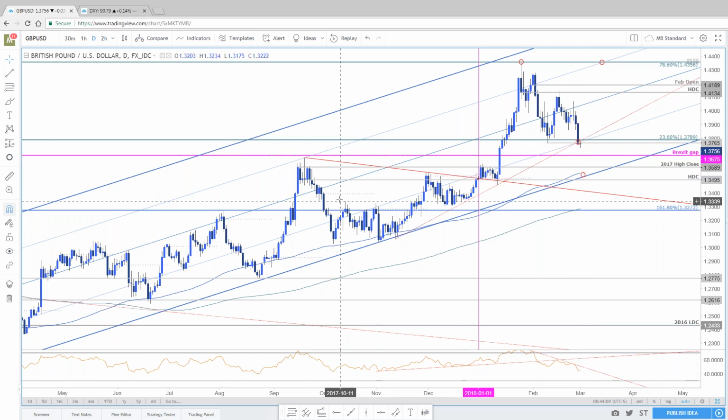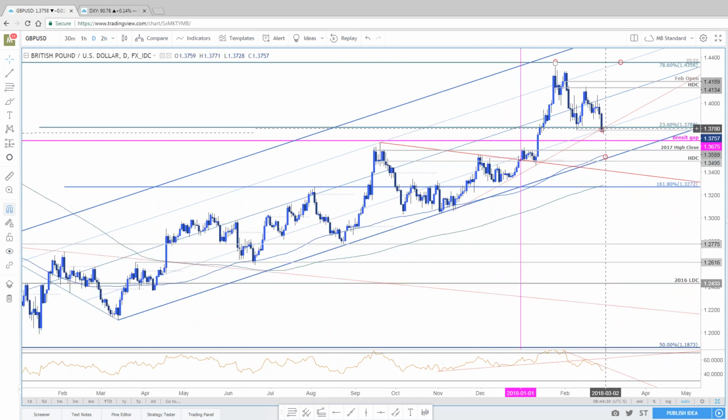Now, if we recover above this region and close today, sure, it's sterling. This thing is known for the throw over, known for the break of resistance and pullback. Could be just a false break of support and a rebound. But at this point, there's no indications of that. The only thing that would be even suggestive of that is if we close above this region.